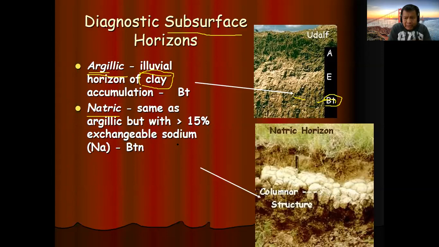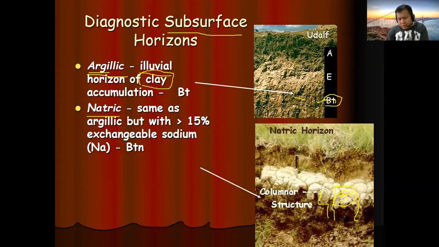Okay, there is clay here, the same as argillic, but the natric has more sodium accumulation compared to the argillic. Okay, so in this example, we have the natric accumulation, natric accumulation in the B horizon. And in the B horizon, look, there are columns, no? This is the columnar structure, a columnar arrangement of soil particles. So in this columnar structure, for example, there is a column of soil like that. On top, there are white sodium caps. These are sodium, no? The sodium caps